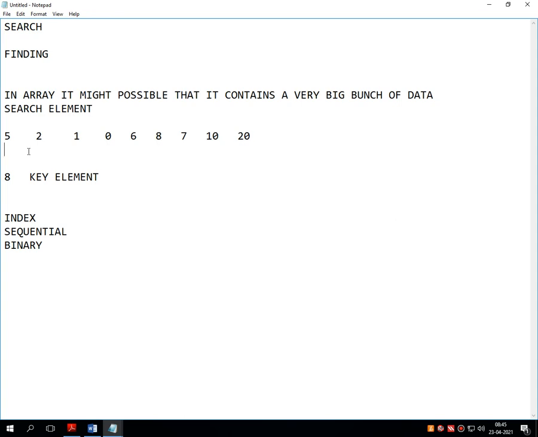In binary search, first we have to sort the records from smallest to highest. That means it should be converted in this format.